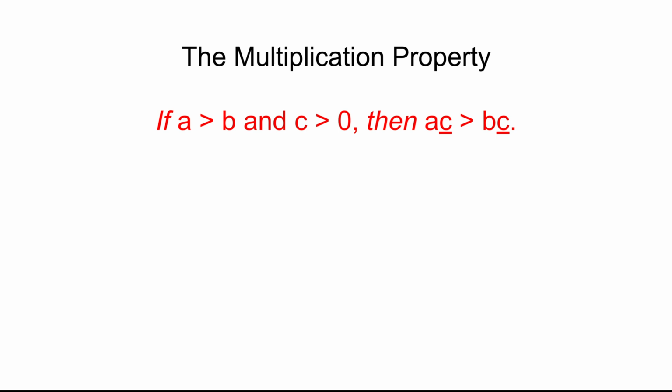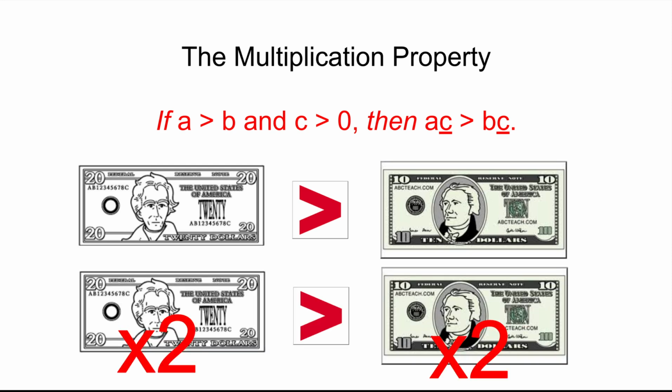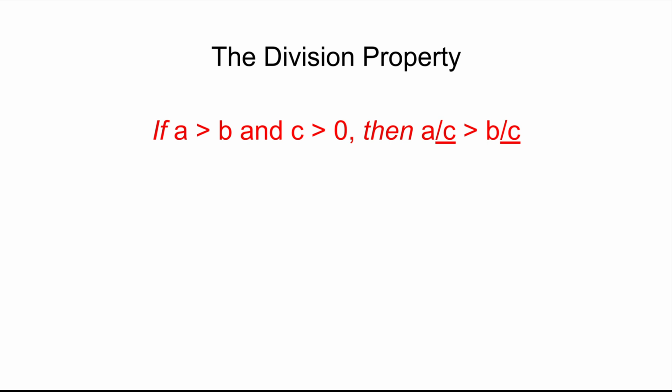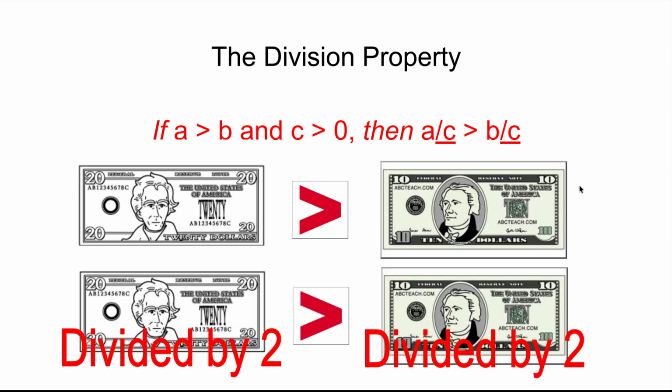Multiplication. If A is greater than B, then AC is greater than BC, as long as C is not 0. The division property, we have A is greater than B, so A divided by C is greater than B divided by C. So same type of thing. If we start off with the same values and divide it by the same number, it'll still maintain the same